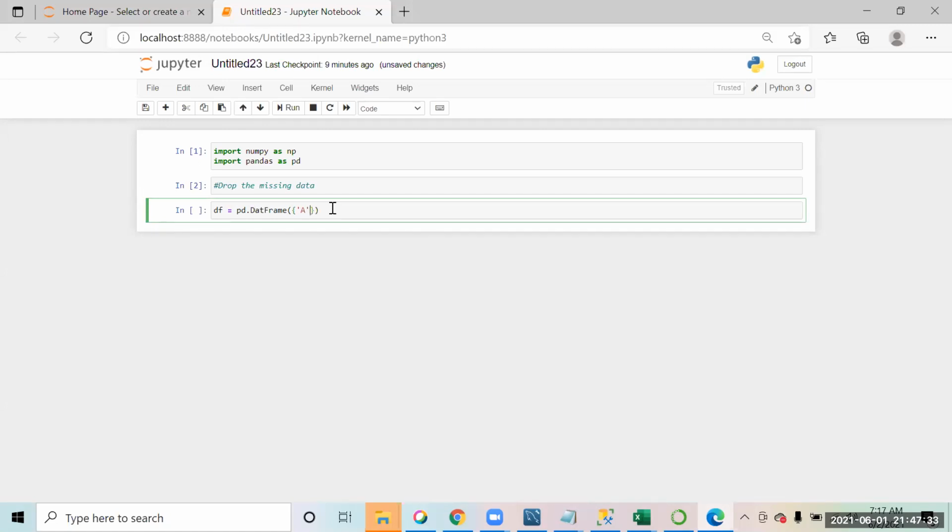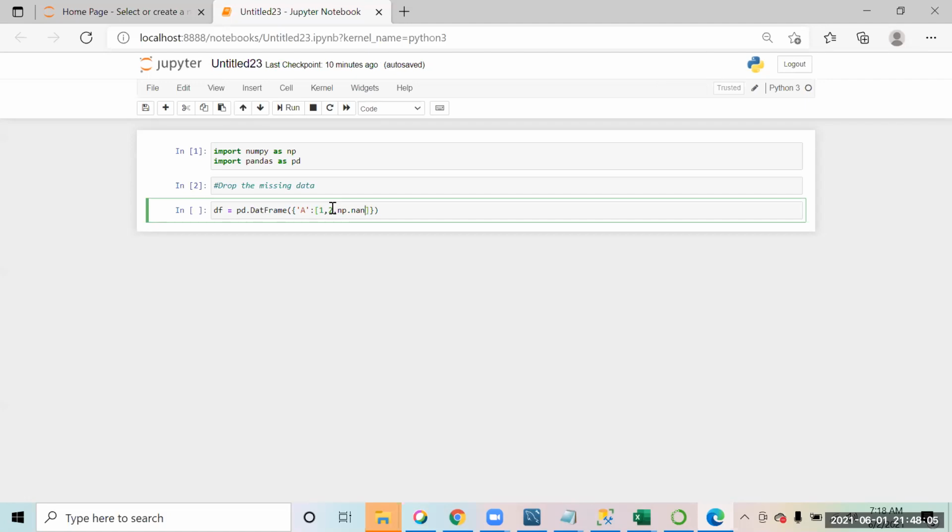So A, and in this we are going to keep the values. I am using nan. NaN is like the null value, like in SQL we have null. If you want to have null values in pandas, you can use the NumPy library to generate them.